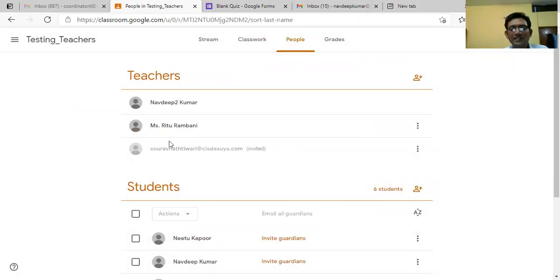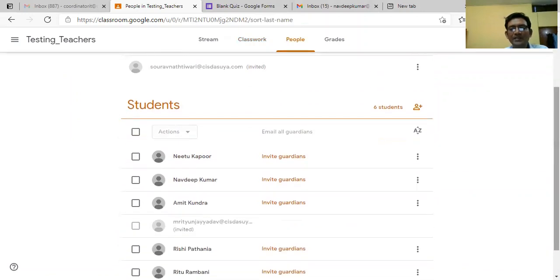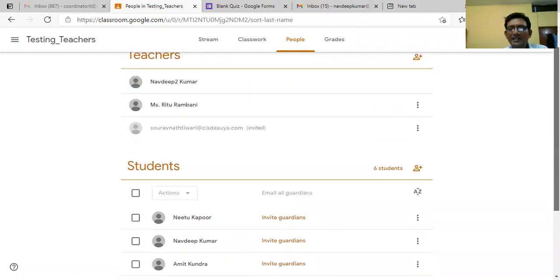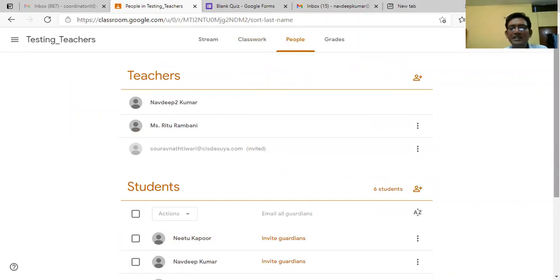This is the list of teachers, and at the bottom is the list of students. Those who have joined the class have dark names, and for those who have yet to join, the color appears in this lighter way. So this is where you can get the student and teacher information, and the last tab is the grades tab.